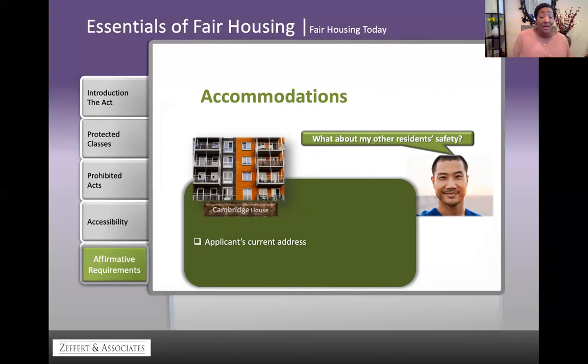Now, this is based on the fact that you've denied that person's application on one hand, and the person is asking you to make a reasonable accommodation based on the fact that this is no longer the case, or this is past behavior.